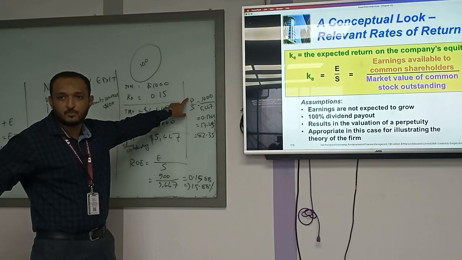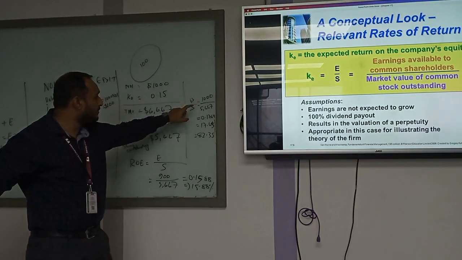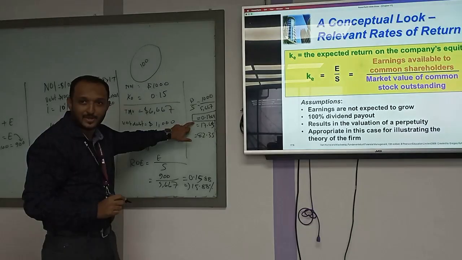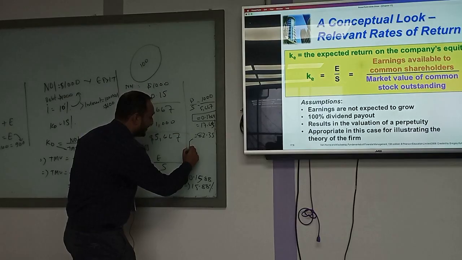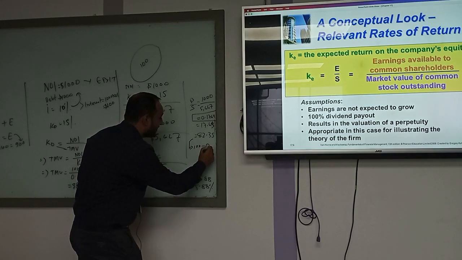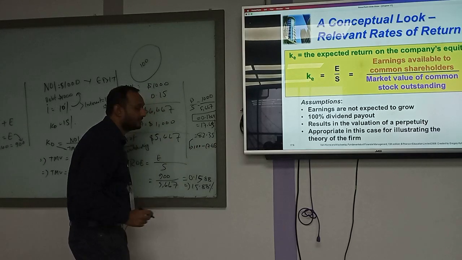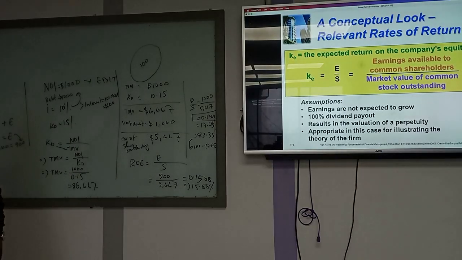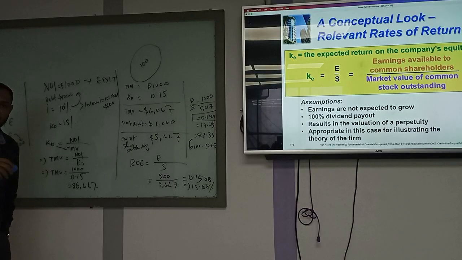So total value of bond, total value of shares. So what is the total value of bond? It was given as 1000, and the total value of shares we have calculated. Subtract, right? Plus share, 100 minus 100 minus 70.65. Clear? Now is it clear to you? 100% shares, no? Done?